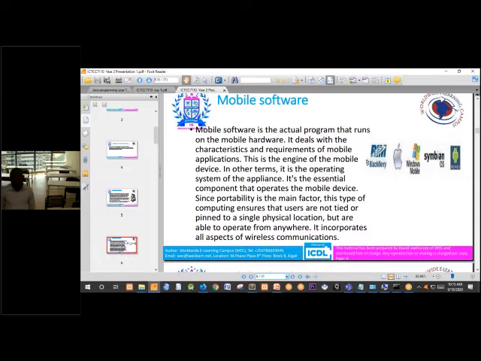It is not possible for an electronic device to operate without the operating system. So it is the essential component for a mobile device to operate.